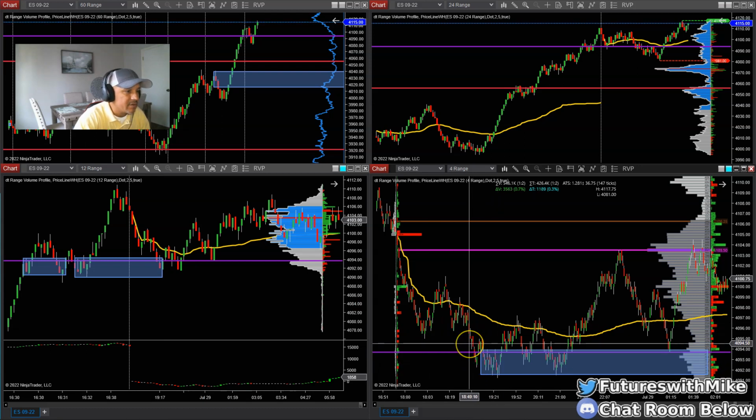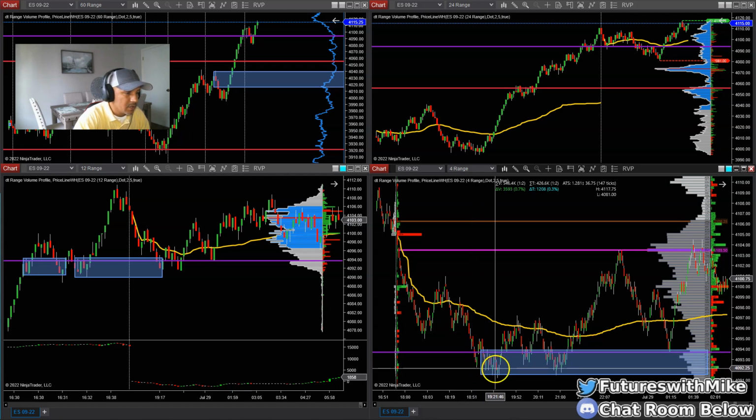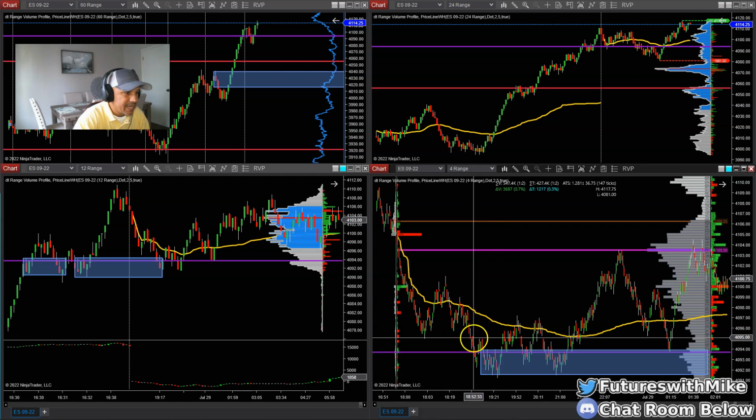It's a little swing sitting right here, okay? Price pushes down, doesn't make another lower low, really just wicks out here with these wicks, but it makes this low here, then it turns around, pushes up, starts making structure to the upside, pushes higher, makes a higher high here, taking out this little swing here on the 4 range.